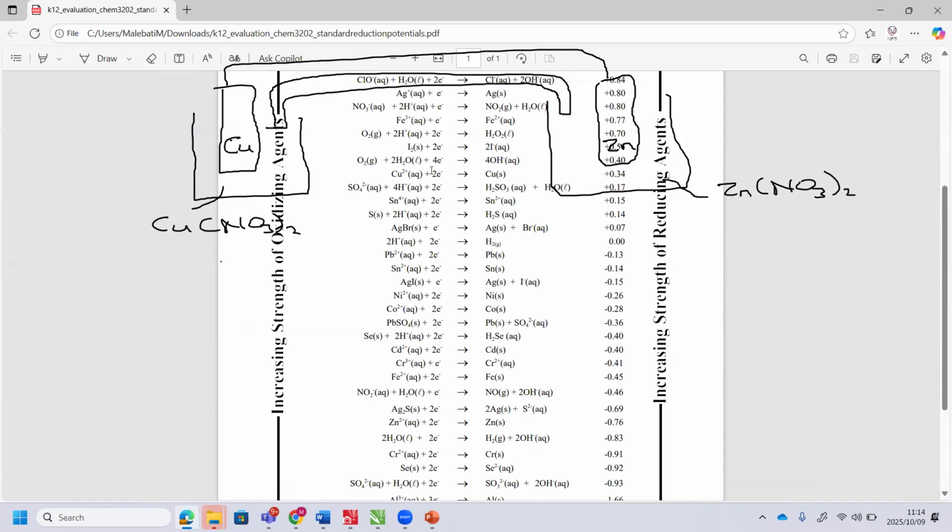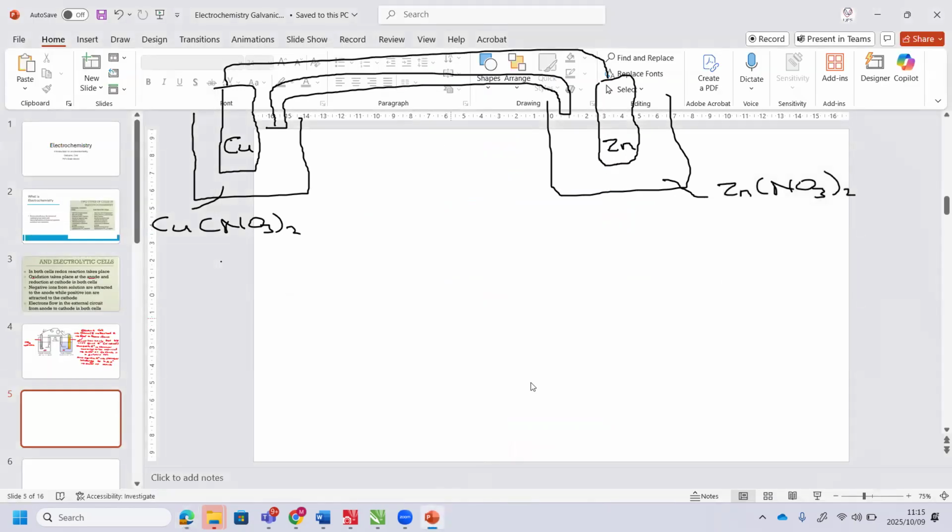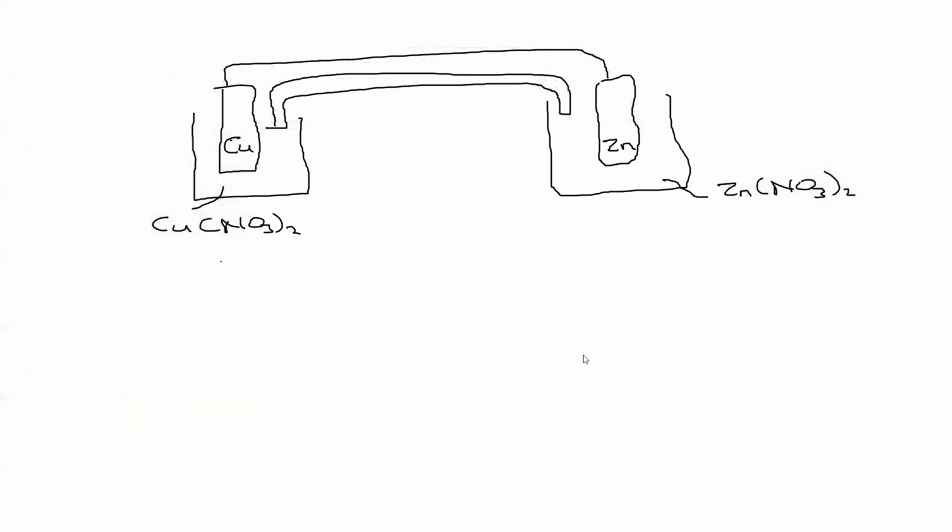Copper, I see it. Then with zinc. Okay, zinc is here. I see it. Then we can go back to that side. Now, as they appear on that side,